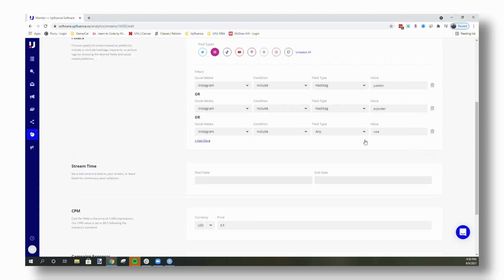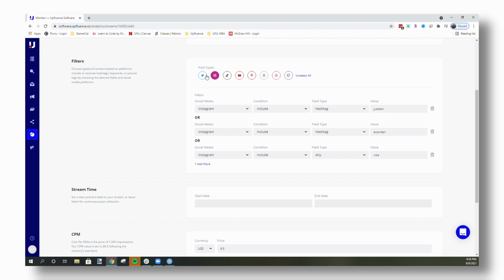You can then choose to point the tool at various types of posts and have it ingest all the ones that meet this criteria. So in this case for Nike, what I've done is I've had it look for anytime there's a post that says hashtag just do it, hashtag Air Jordan, or anytime on Instagram just the company name Nike is mentioned. So if you have a campaign specific hashtag, you can put that in here for tracking and